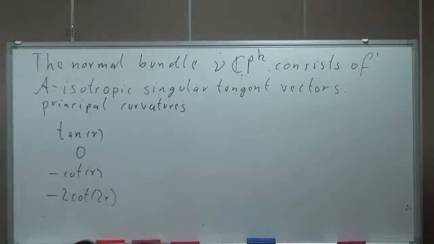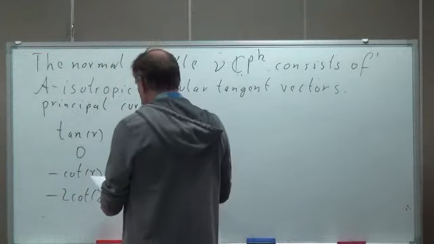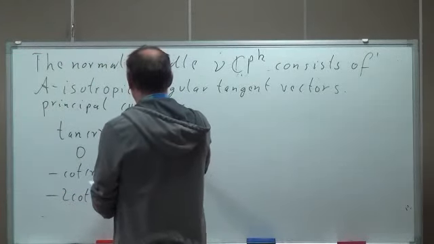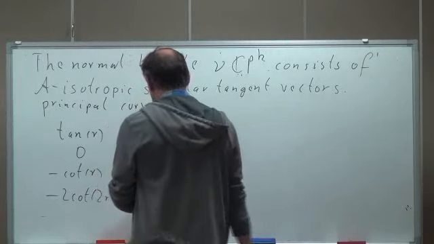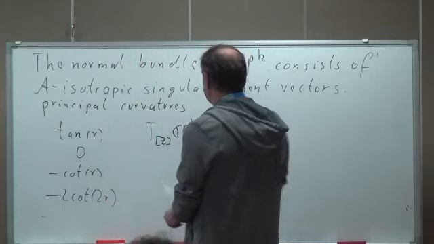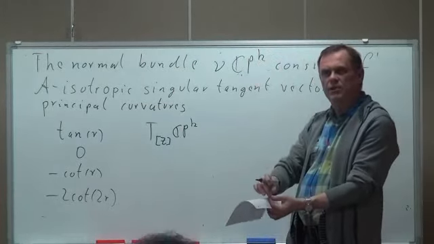Four distinct constant principal curvatures. The corresponding eigenspaces one can work out are the tangent space of the complex projective space, translated parallel along the normal geodesic,